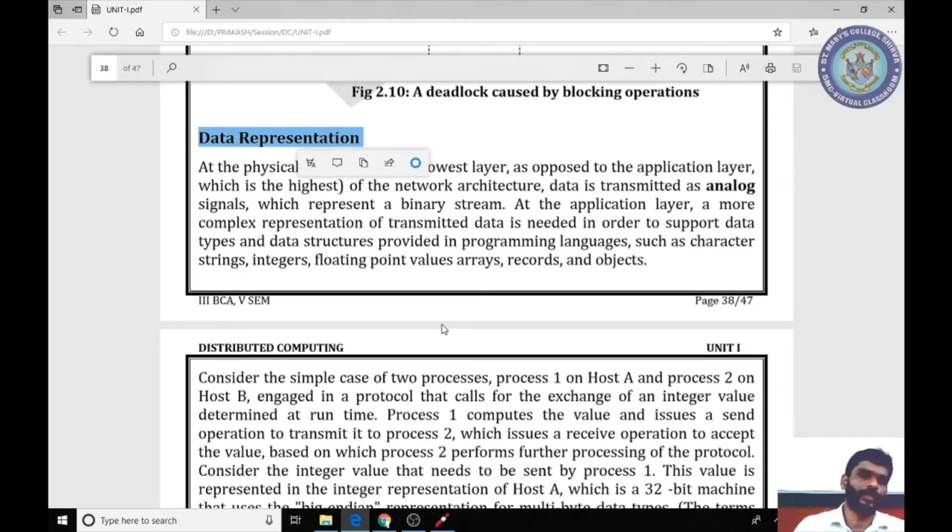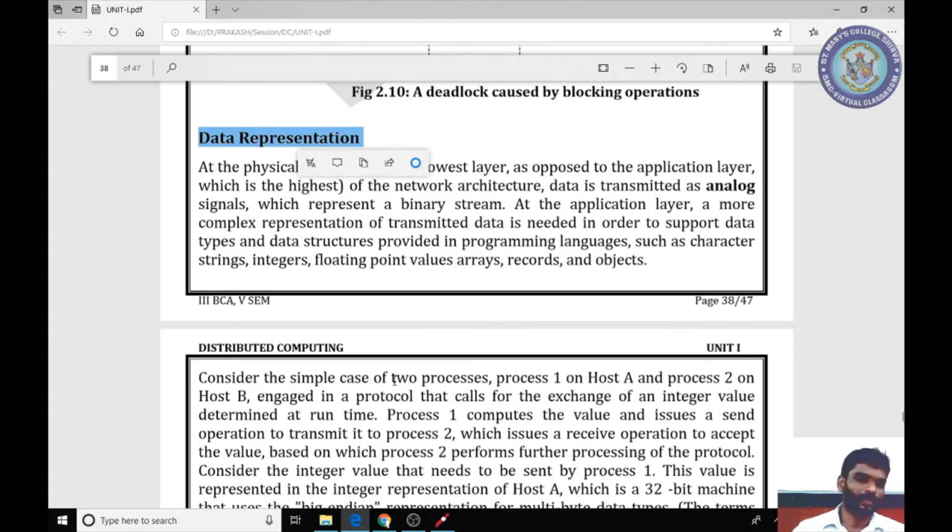For example, when we are talking and communicating, whatever information you give in your language must be understandable to your friend. Then only does the communication occur. Otherwise, the communication gap will be there.